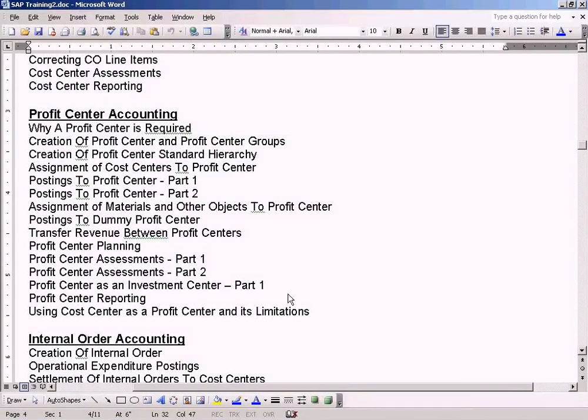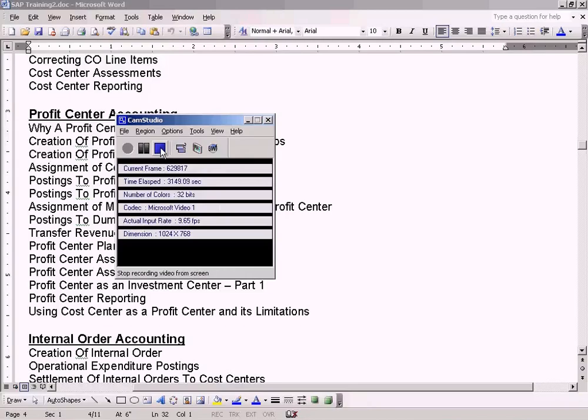Transaction following accounts can only be posted to it automatically. Let me check why. Okay, let me continue the remaining part in the second part, because the video has become very